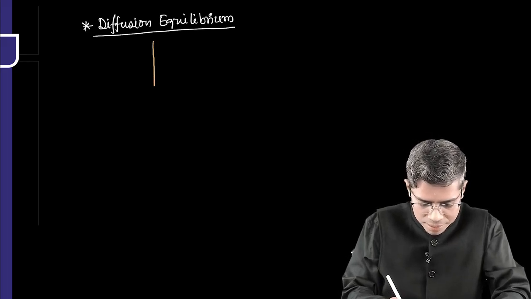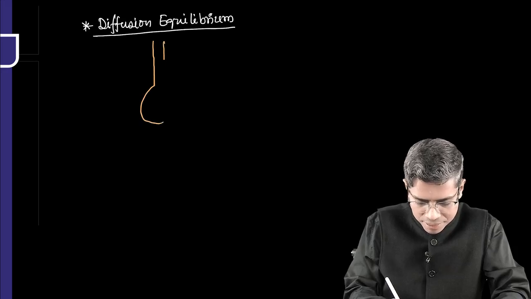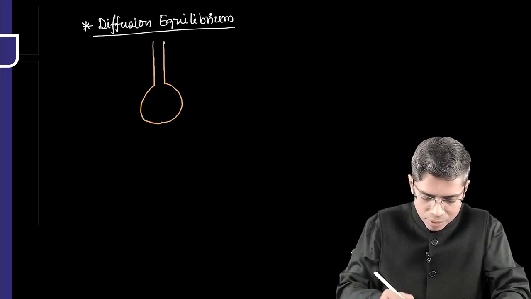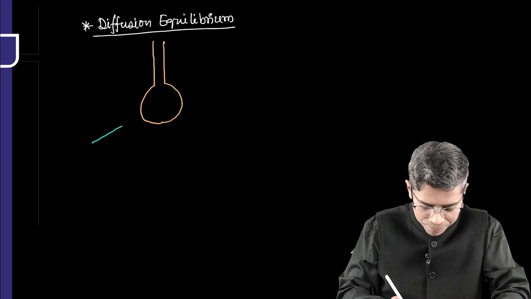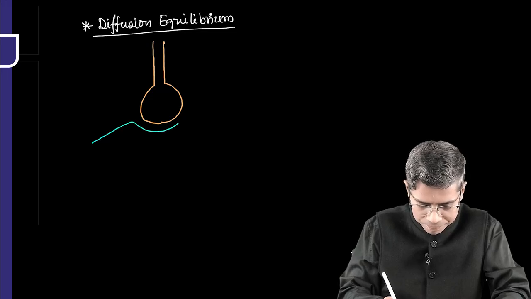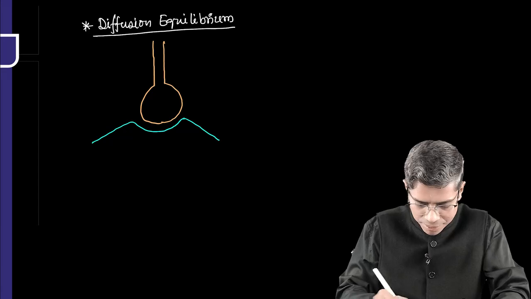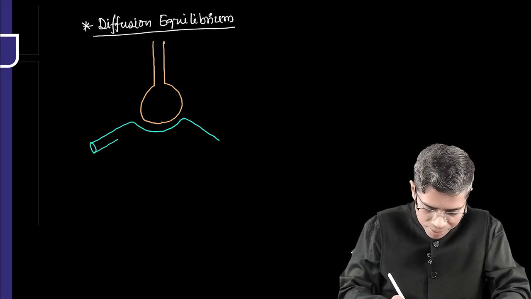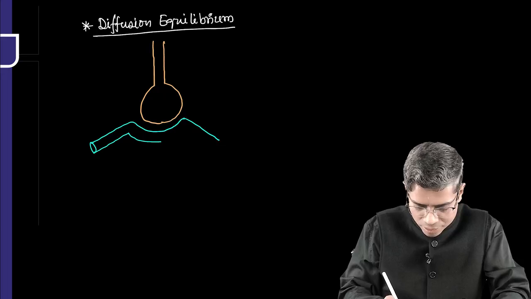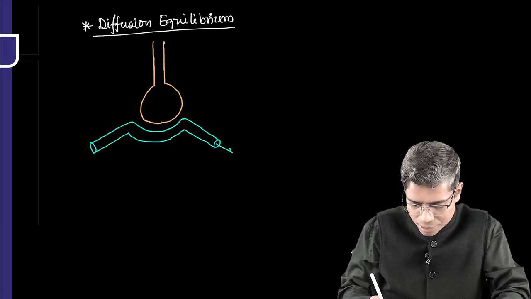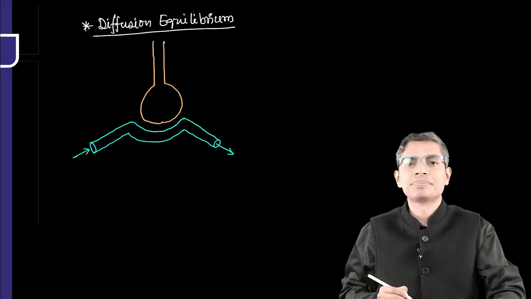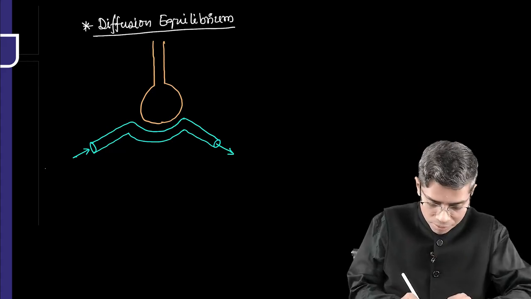So this is an alveolus, right? And I have to also draw a pulmonary capillary. So this is a pulmonary capillary. Look at this diagram first, okay? So this is the venous blood coming, this is the actual capillary region, and this is the pulmonary vein region, right? Blood is going out of this, blood is coming here, right? So venous blood,